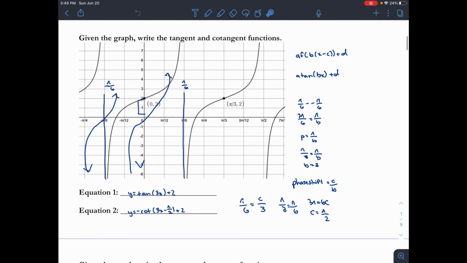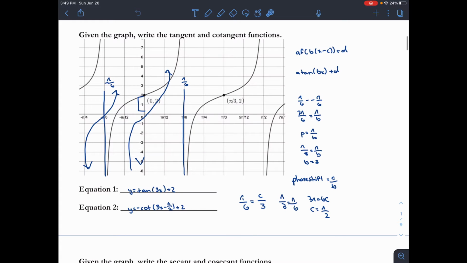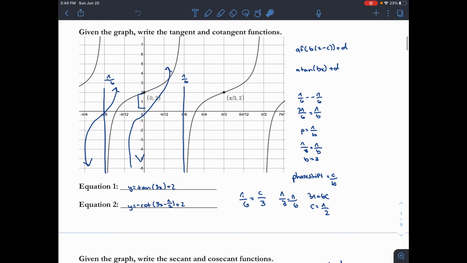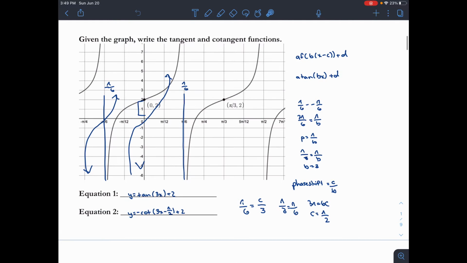The next, given the graph, write the tangent and cotangent functions. So again, this is the equation right here. And for tan, generally it's a tan bx plus d. Okay, so first for the tan, we do the same. We get y equals tan, which is here, and then to find the b, which is 3, we do